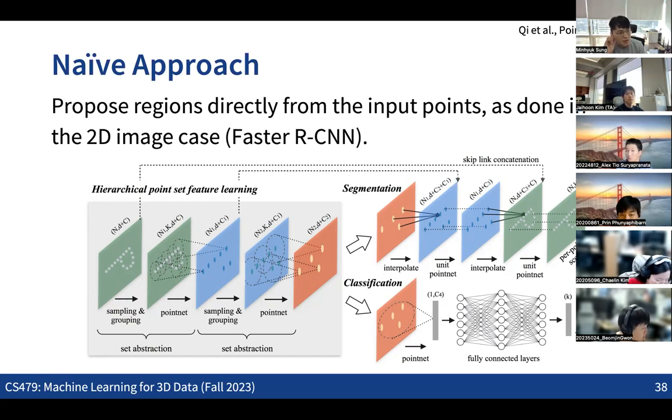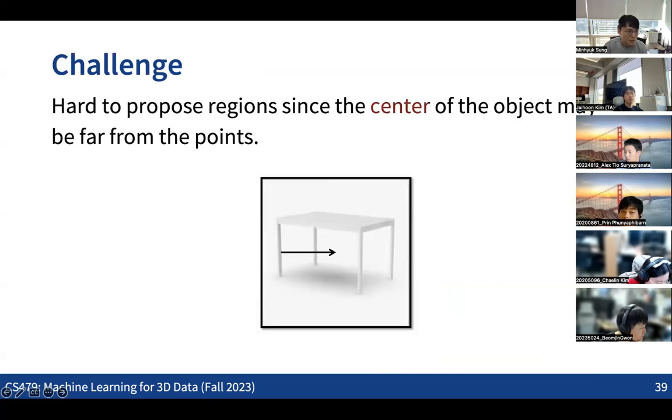But here the thing is that we are basically using the pixels, the points of the point cloud, not the voxels in the 3D grid, which means that even when you populate all the anchor boxes based on the points of the point cloud, some of the bounding boxes of some of the objects may not be covered by our anchor boxes. So for example, this might be one of the examples that we want to